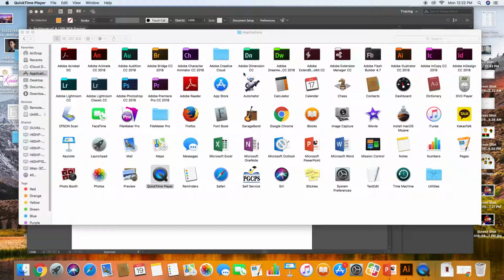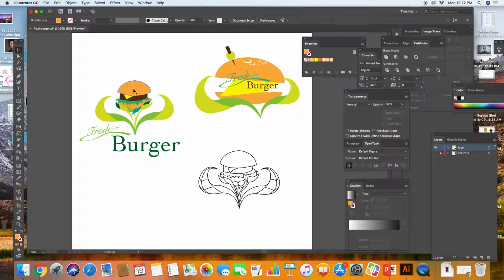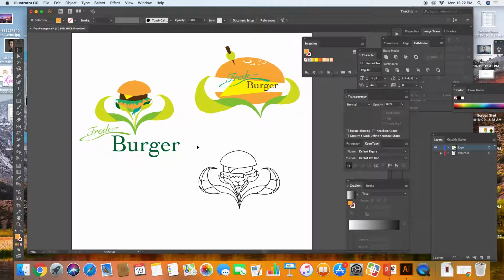Okay, so this is gonna be a demonstration on how to use the gradient tool for your logo designs that you made. So at this point now, you should have put the shapes for each of your logos. Or if you didn't do the shapes like I mentioned earlier, that's totally fine. You may have just done an outline of the entire drawing, which is fine either way. It's just if you did it with shapes, it will save you an extra step of having to